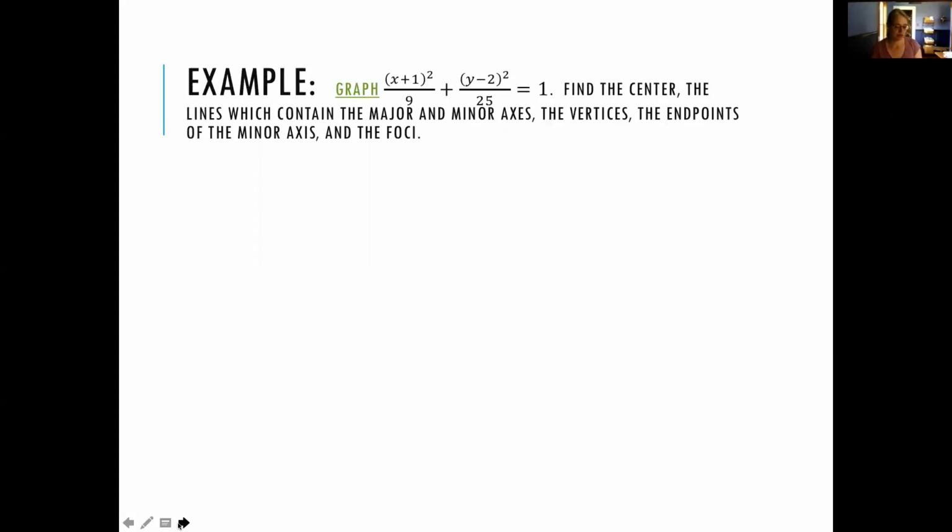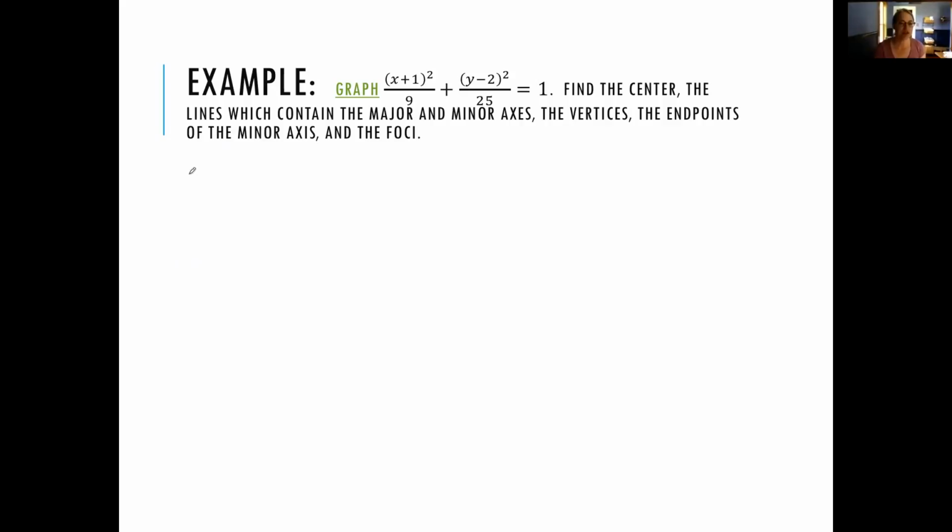So let's take a look at this. We're going to graph the ellipse, and I know it's an ellipse because both x and y are squared, and they have positive but differing coefficients. So I'm going to graph the ellipse that is described by the equation